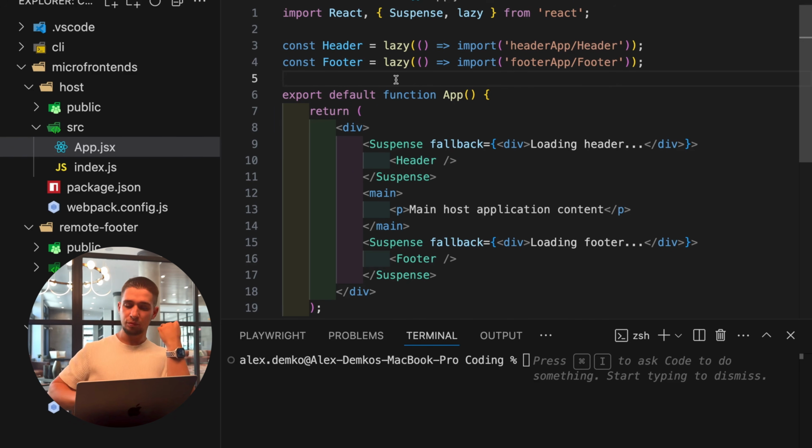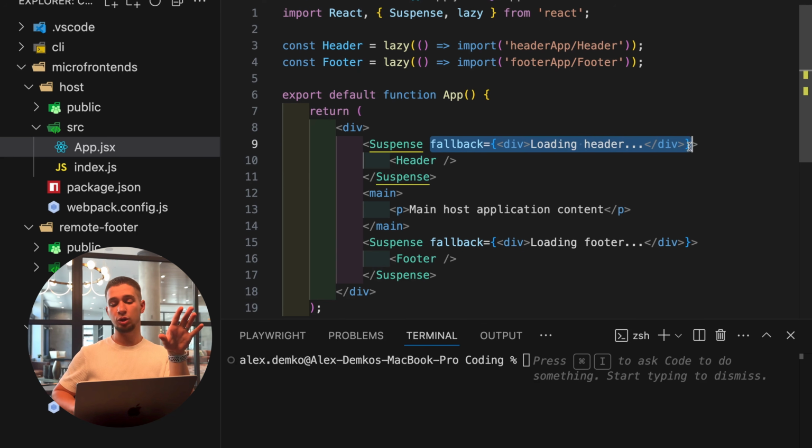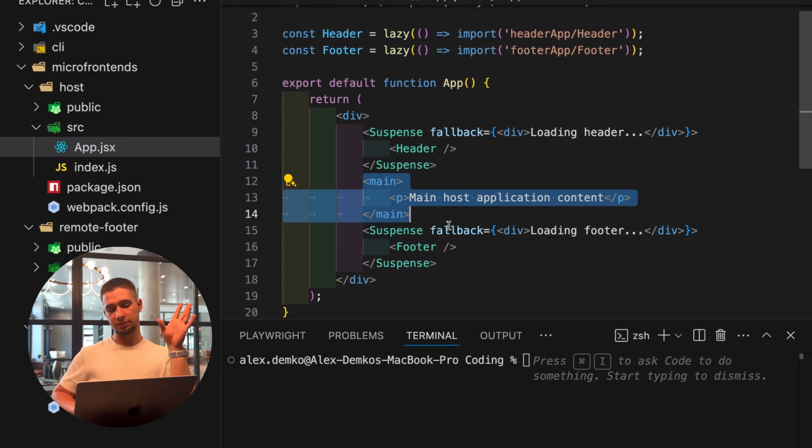And here, we should have Suspense. Suspense has a fallback. So when we're taking the header as a component, it automatically understands that it cannot be run immediately, and we can just wrap it with Suspense. It will automatically understand whether it was okay or not, and if it wasn't, we can have a fallback, for example, loading header, and until it is loaded, we'll have just the fallback. Then we have the same with the footer and just a simple main text in the middle of your application. And then we have